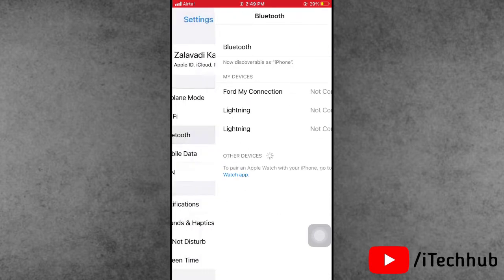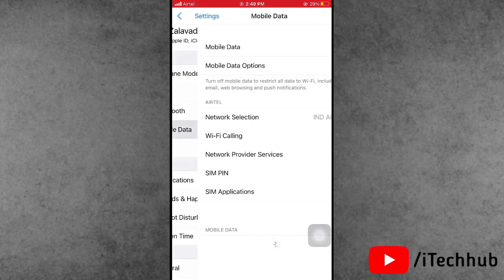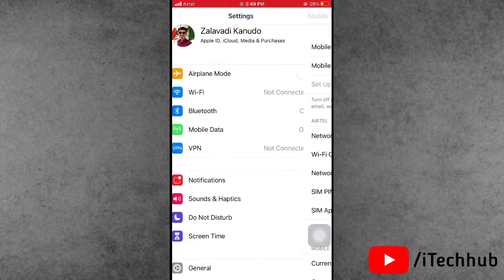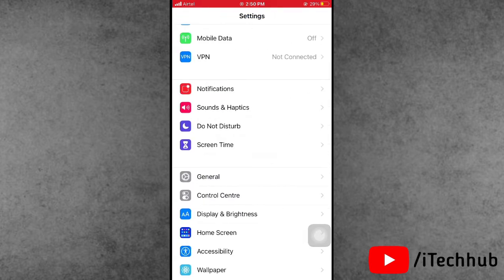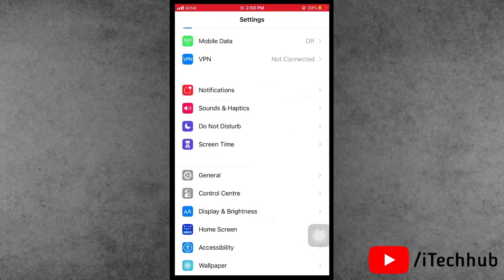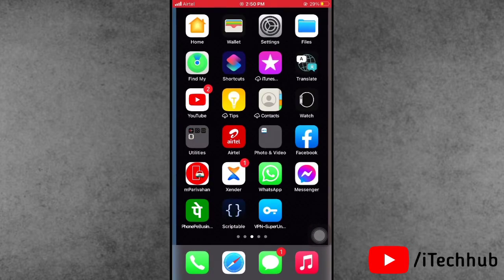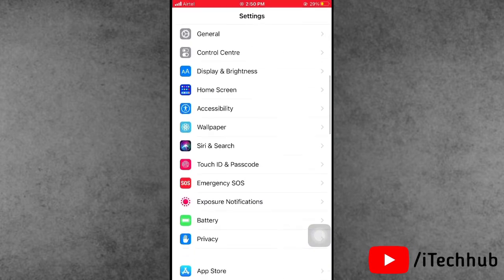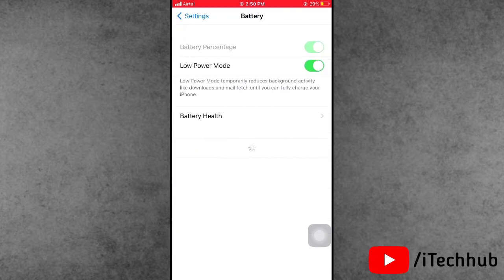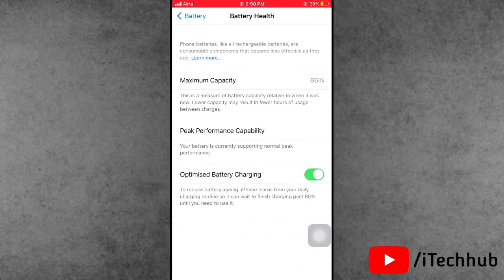Third, GPS and cellular data are both stable on iPhone 7 and 7 Plus. Now, battery life on iPhone 7 Plus after the iOS 14.4.2 update. In this video I show you battery life after the iOS 14.4.2 update. Battery life is currently stable on iPhone 7 and 7 Plus models.